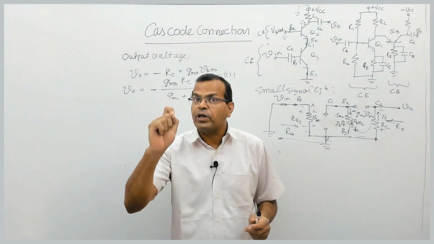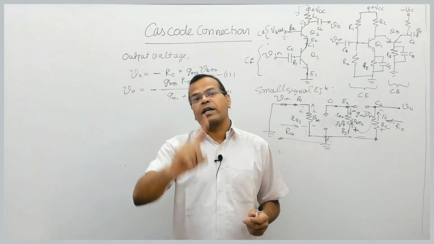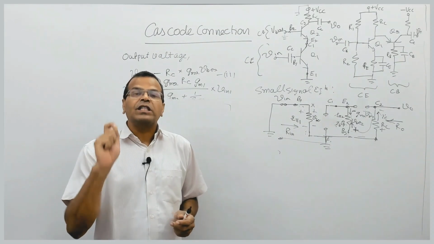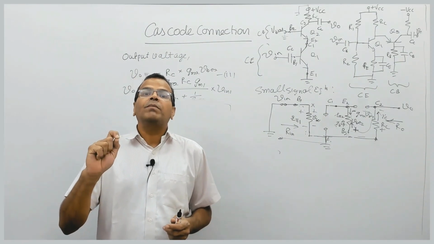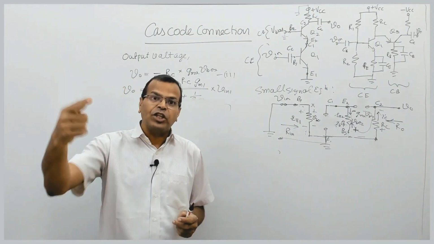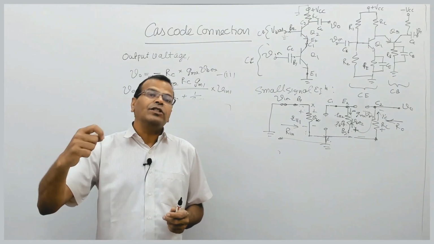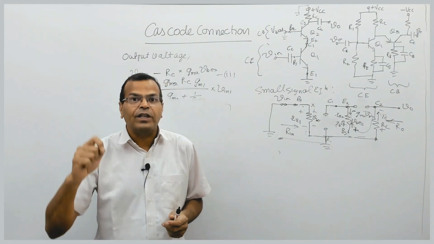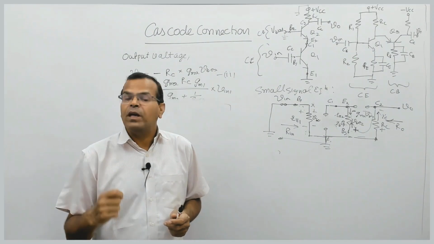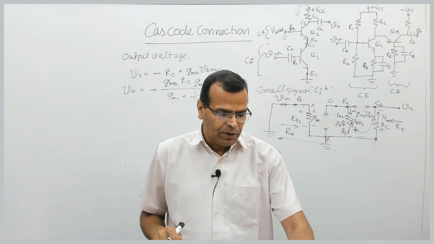You should remember these questions. These are very important theoretical questions for engineering services prelims and 1 mark GATE question. So I repeat, most of the voltage gain of the cascode connection is provided by the common base stage, that is the output stage. And the voltage gain of the common emitter stage, that is the input stage, is capped at the order of unity in order to eliminate the effect of Miller capacitances.